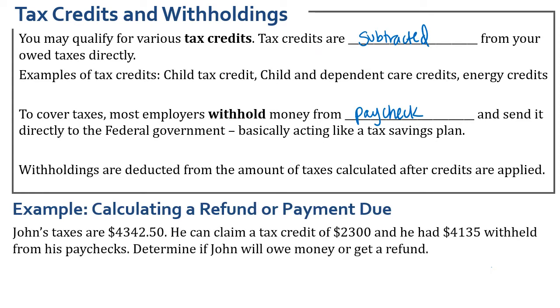John's taxes are $4,342.50. He can claim a tax credit of $2,300, and he had $4,135 withheld from his paychecks. Determine if John will owe money or if he'll get a refund. So the first step to reduce John's taxes by the full amount is by subtracting that tax credit. So he owed